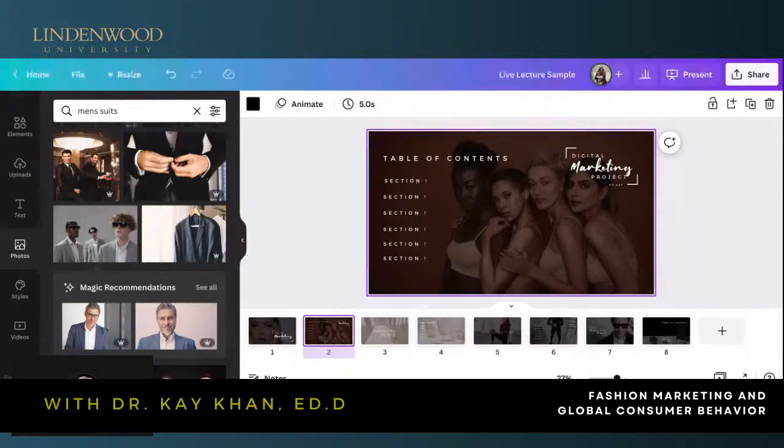There's no student that's going to leave my class with a project that looks like a student project. I want your work to look like you've been working in the industry, even as an intern. I don't want you to walk out of this class and say, oh yeah, I did this project. I want you to walk out with work that looks like something someone could just use.